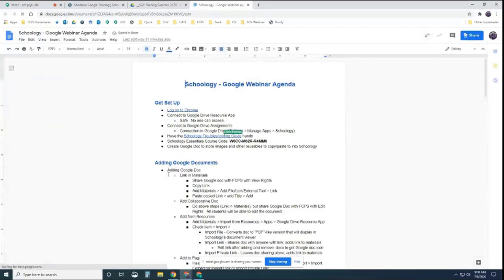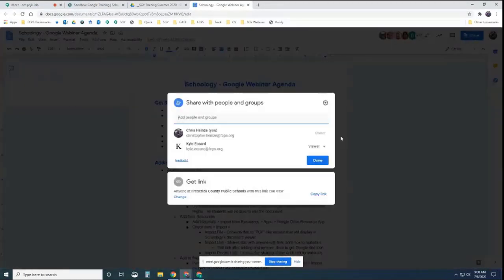So let's say I want to post this document in the course. So simplest way is copy the link and paste it in. So you have to make sure first that it's shared. Normally I would say make sure this is shared with anyone with a link, because anything you post in your class, you want parents to be able to access as well. So instead of saying anyone at FCPS, I would change that to anyone with a link. All right, but we'll copy that